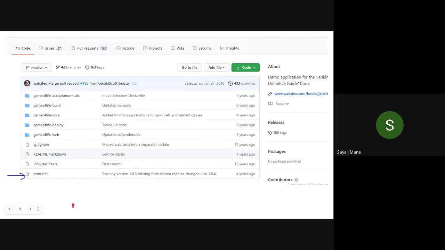Can you see pom.xml file at the end? Yes, ma'am. It indicates that this project is a Maven project. It means you can use the Maven build tools to run or compile this project.